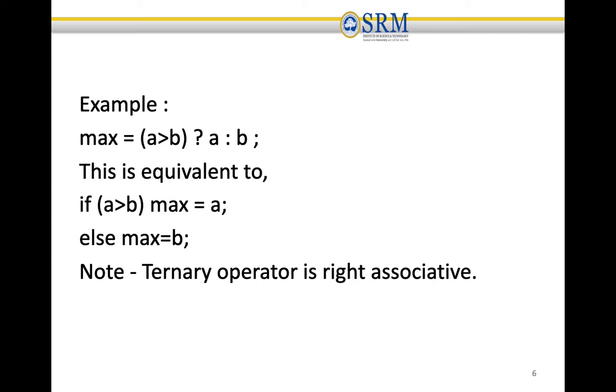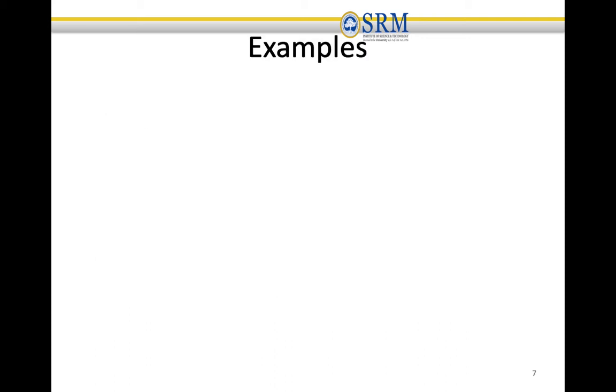If a is greater than b, that is, if the condition is true, the value of a will be assigned to max. If the condition fails, the value of b will get assigned to max. So this is an example of the ternary operator. The ternary operator is a right associative operator, which works from right.